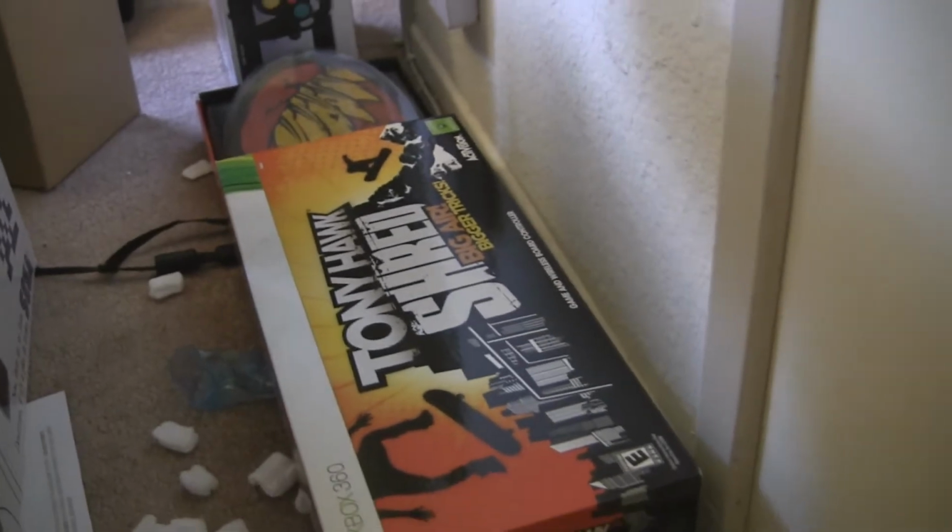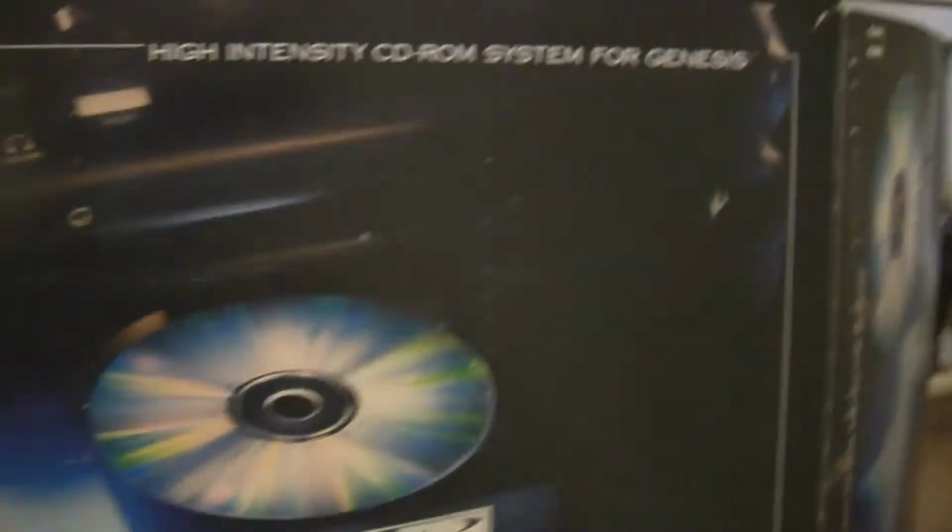Okay. So firstly, my apologies if this is super shaky or out of focus. This is kind of a first for me, but basically I was going through where I'm moving and I noticed I had boxes for all sorts of interesting things, including like 20-year-old boxes. Like, we can start first with the Sega CD